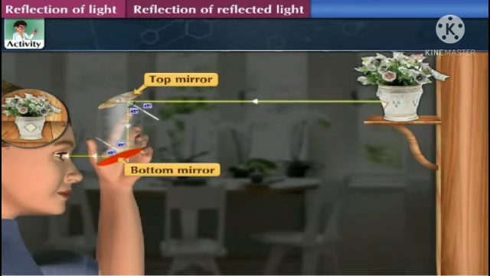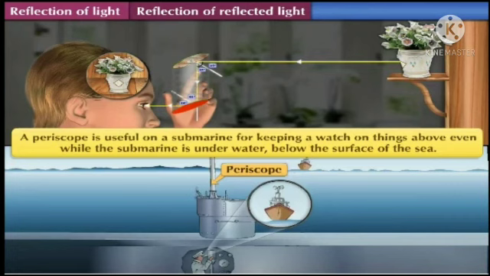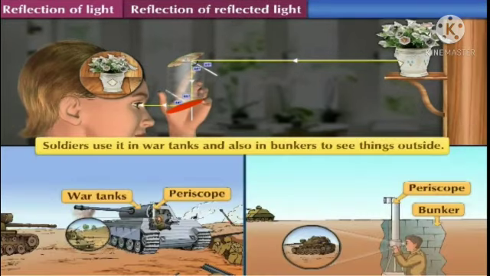From the bottom window, one can see what is in front of the top window. Now this type of device is called a periscope. This is based on the principle of multiple reflection. Now this is used in the submarine to see objects above the surface of the water. It is also used to observe and keep a watch on the object or person on the ground from an underground bunker. Now kaleidoscope and periscope both use the same property, that is reflection of light.